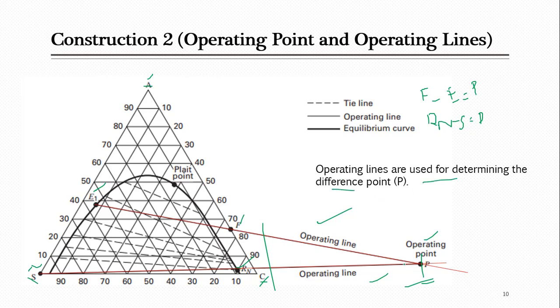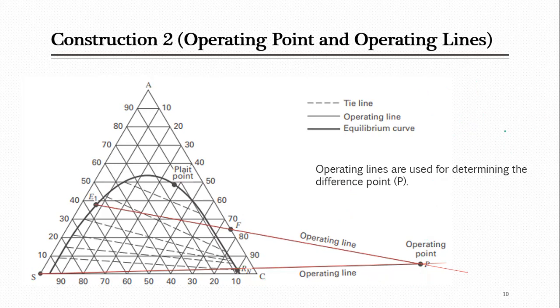Actually after this you can just remove these. If you use a lead pencil and draw the lines, you locate this P, because P is helpful to us when we are going to calculate the number of stages. So in this way you have to locate P. You should have information about some points which you already obtained in construction 1. When you have those points, what you have to do is draw the lines, which give us the difference point from the material balance.